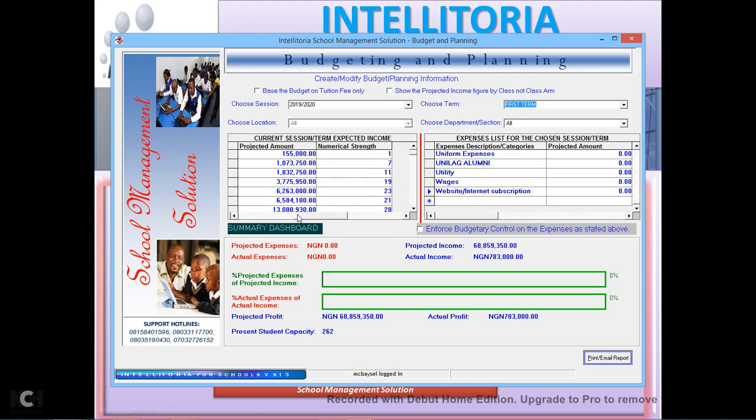from each class. As we can see, from demo class 1 we have 155,000 in total. We have received part of the money from some of the classes. That's why you see actual income to be 783,000. We haven't set any projected expenses, so that's the essence of the budget now. So let's do some